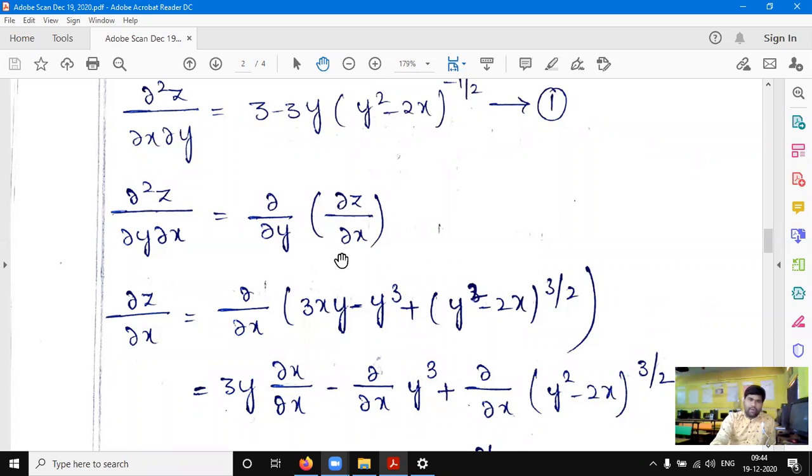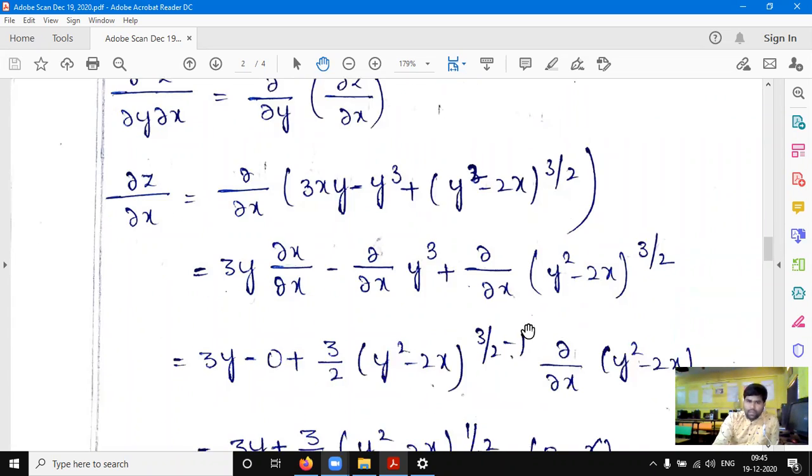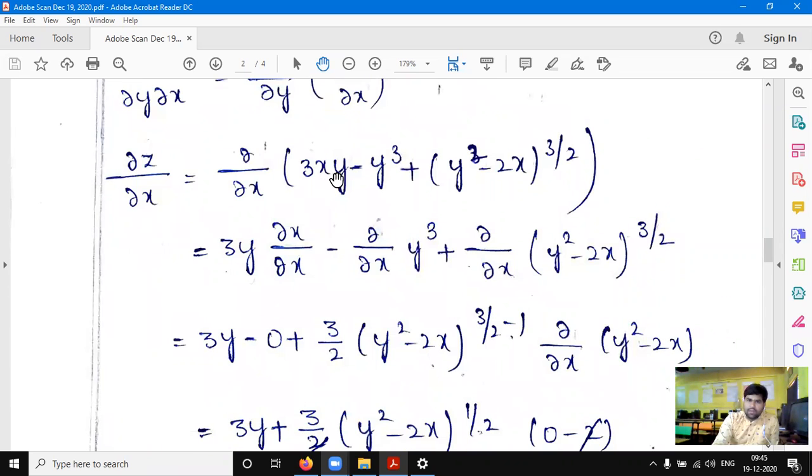So dou z by dou x: first of all, you have to calculate dou z by dou x. That is equal to dou by dou x into the z term. This is the z term, that is 3xy minus y cube plus y square minus 2x whole to the power of 3 by 2. So differentiate this with respect to x. y is constant, 3 is always constant, so we write 3y at first. Then the differentiation of x with respect to x, that is dou x by dou x, minus dou by dou x